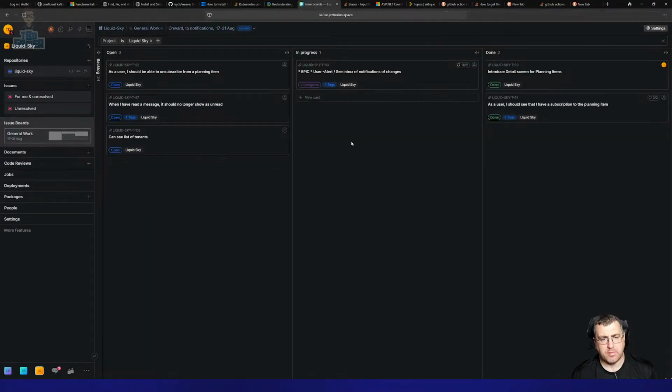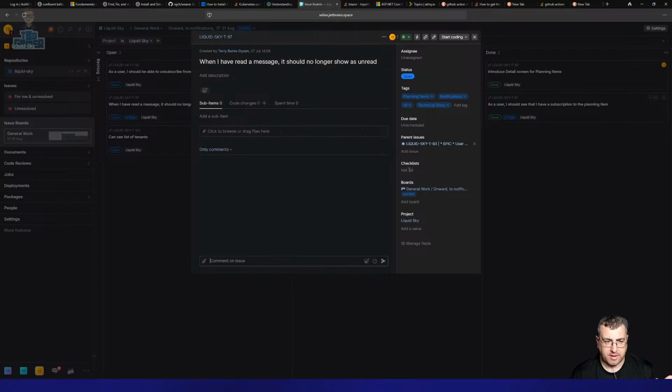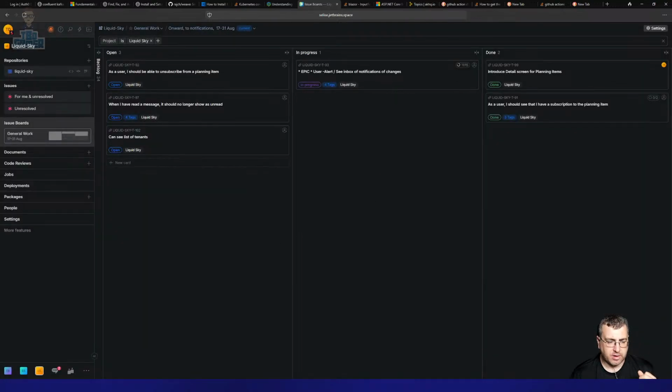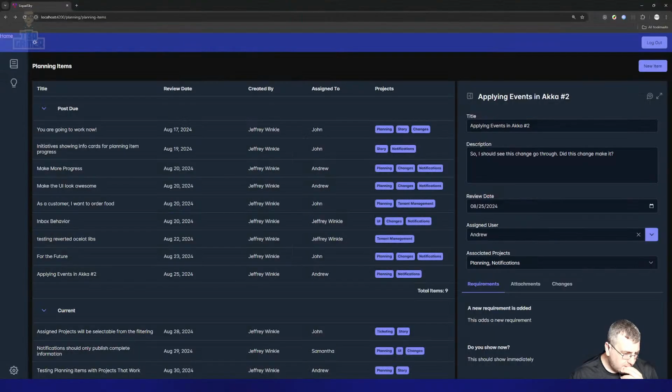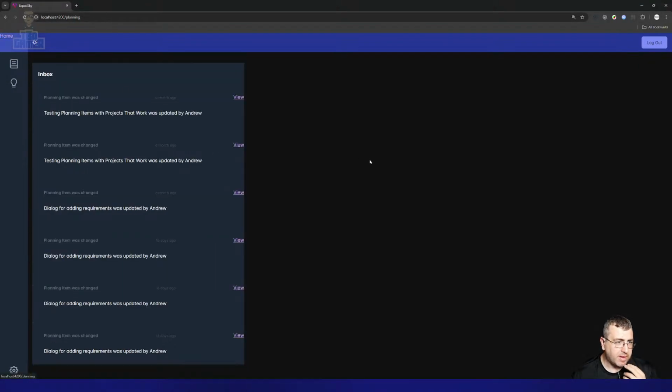We're at the point now where the application, like, when I have a read message, it should no longer show as unread. As a user, I should be able to subscribe from a planning item. These are larger features because this one particularly has an implication with it that I'm kind of deferring on. Mainly that to mark this as read, I would have